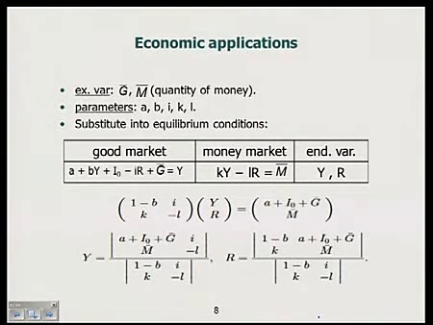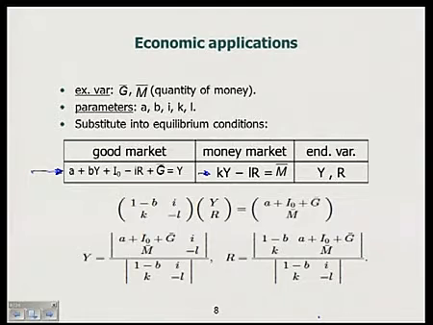Then we have the exogenous variables, capital G over bar and capital M over bar, which are the quantity of money, and all the parameters A, B, I, K, L. We want now to substitute into the equilibrium conditions. Then we have the goods market, this is the equation for the goods market. Then the money market, we have this equation. And then the endogenous variables that we want to compute, capital Y and capital R, the income and the interest